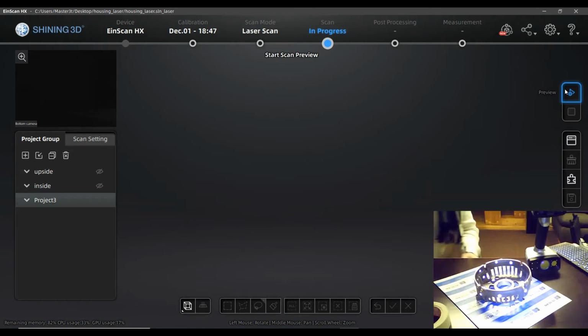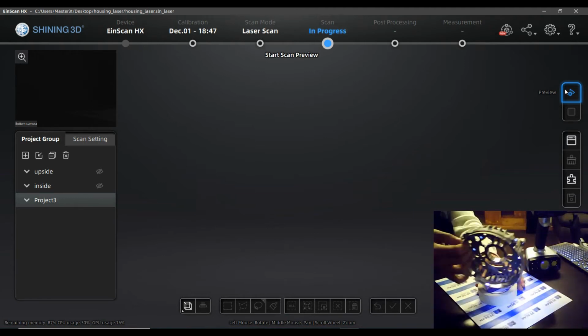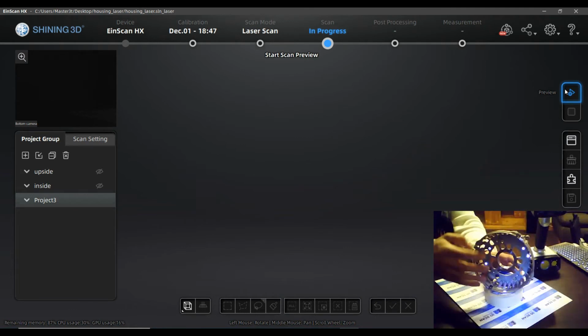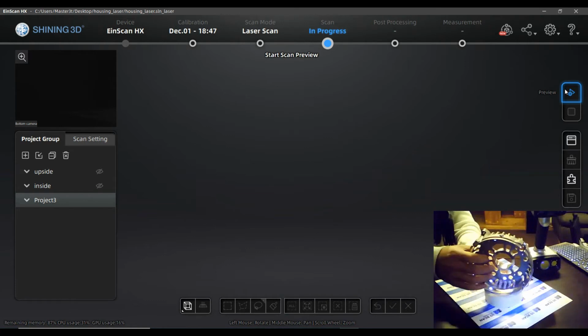Okay, as we are not capturing the surrounding areas, a next view will be needed to go deeper inside, to the fins that are here. And yeah, for that,